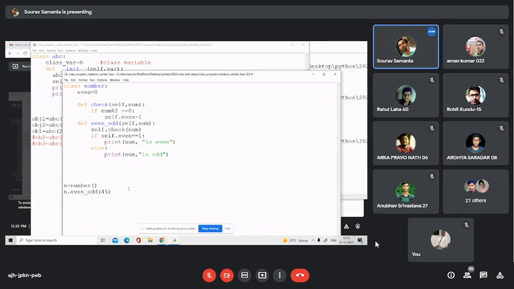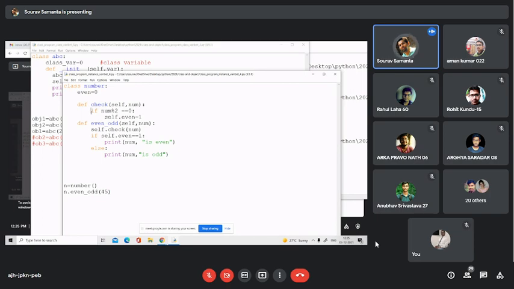That is the purpose. So when I am checking whether it is even or odd, if num modulo 2 equals 0, then we are modifying the value: self.even = 1. But if it is not even, then it will remain in the 0 state, even equal to 0.